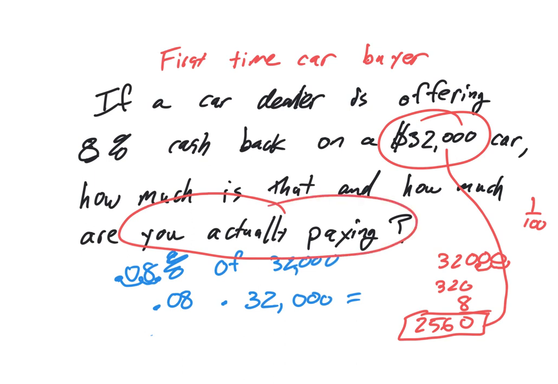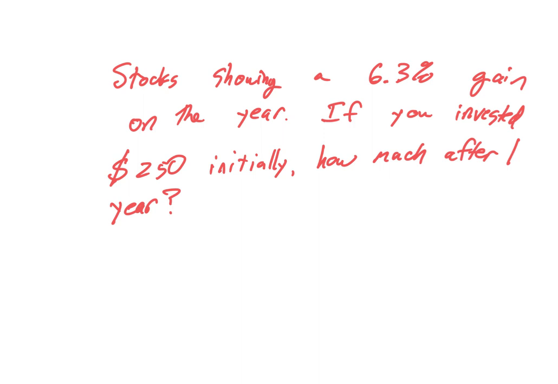All right, moving on. Stocks are showing a 6.3% gain on a year. If you invested $250 initially, how much after 1 year? So if it's gaining 6.3%, that means it's growing. And there's a couple of ways of going about a problem like this. The slow and methodical way is say, well, if I take $250 and I take 6.3% of that,